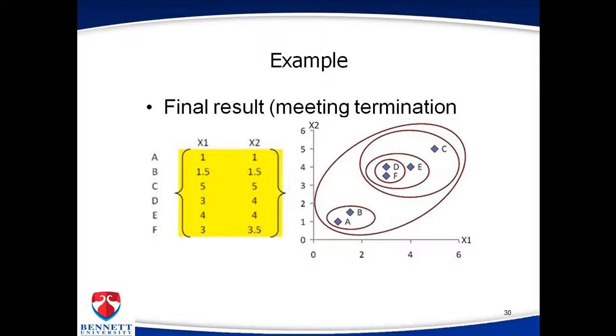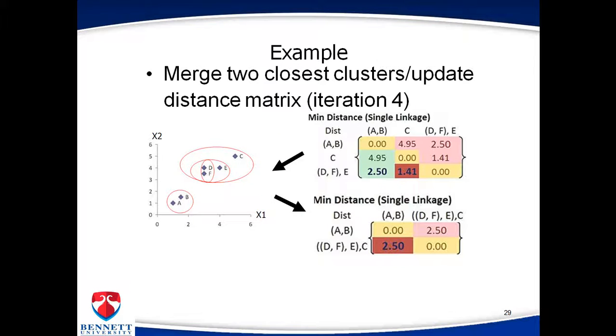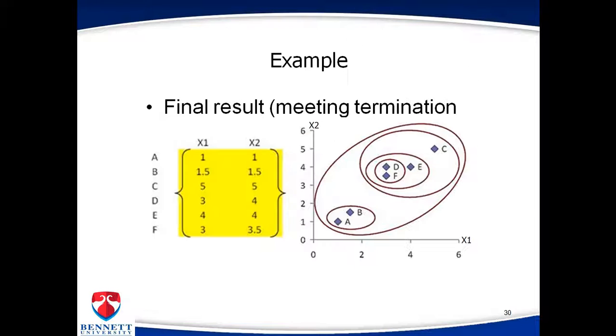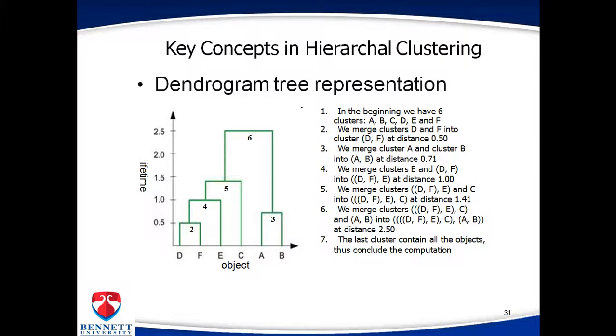The DF are merged, A and B are merged, and DEF are merged, and C is a single cluster, and the final result is a single cluster. So every single element forms a cluster, that is the final limiting determination between x1 and x2. So that is how to make a cluster using the agglomerative algorithm, and it is a dendrogram of